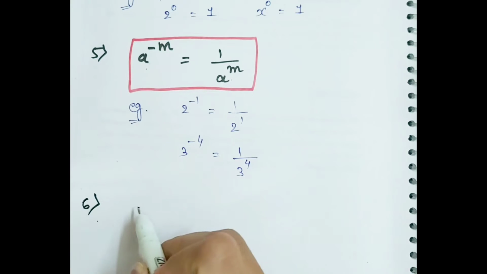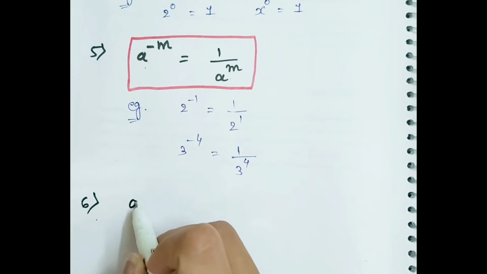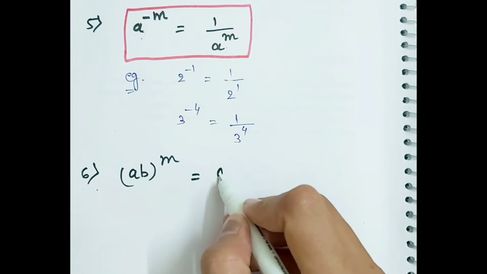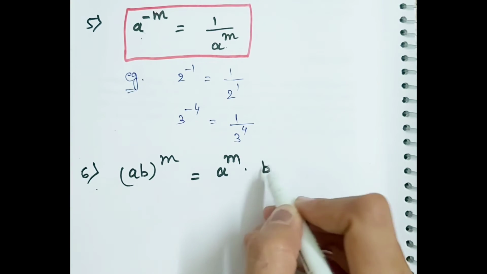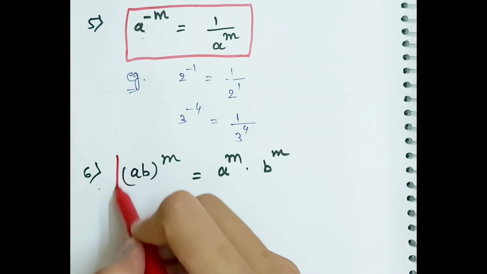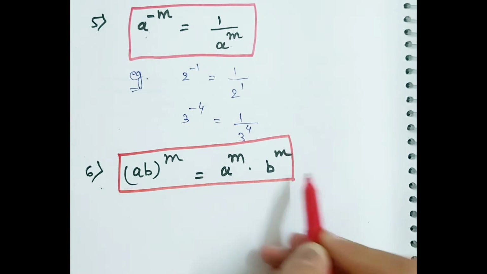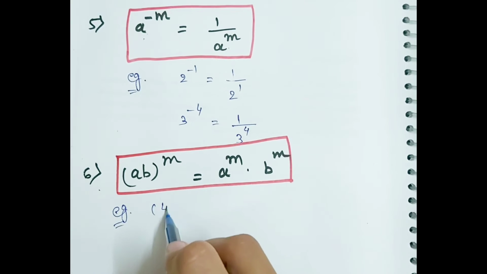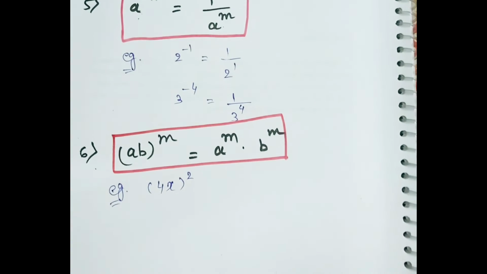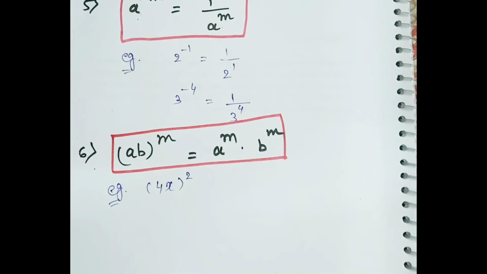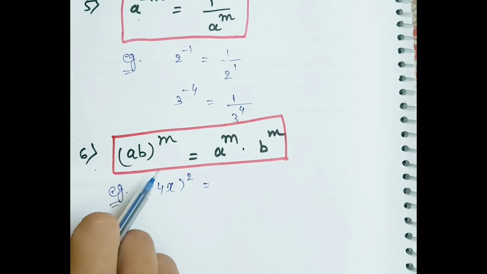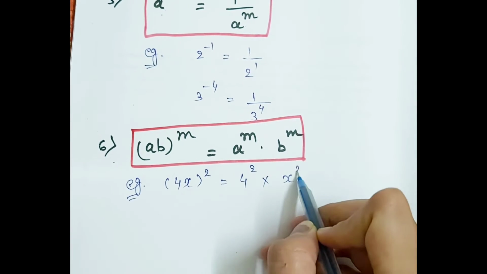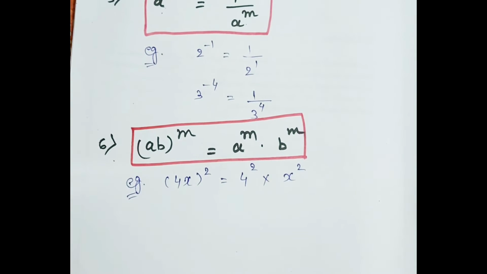The next one says, let's say if there is (ab) raised to the power of m, then we can simply distribute the exponent. Pretty much self-explanatory. Just going to look at an example. Let's say we have 4x raised to the power of 2, so (4x) squared. So I'm just going to distribute this exponent, which will now be 4 raised to the power of 2 multiplied by x raised to the power of 2,